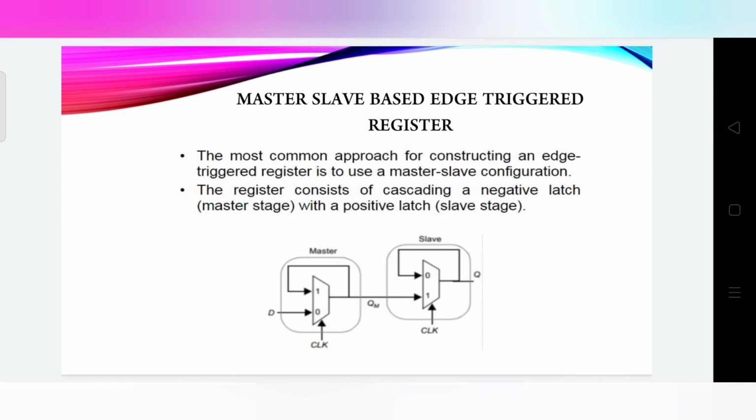When the clock is high, the master stops sampling the input and the slave stage starts sampling. Simply, we can say the master is in hold mode and the slave stage is in transparent mode. The slave stage samples the output of the master stage QM, which is obtained from the previous clock, while the master stage remains in hold mode. Since QM is constant during the high phase of the clock, the Q makes only one transition per cycle. The value of Q is the value of D right before the rising edge of the clock,